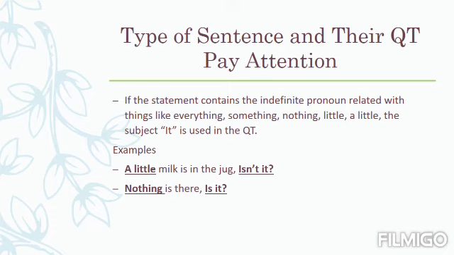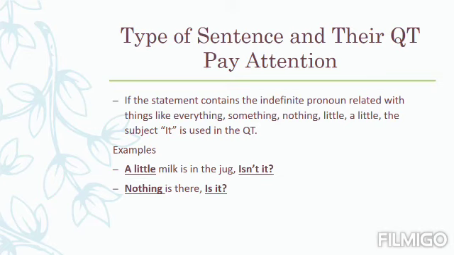While making the question tag of this type of sentences, first of all, put it at the place of the subject. This statement is in the simple present tense and is has been used as a verb. This statement is positive, so while making the question tag, we should make it negative. So is not it will become, the short form of is not is isn't. So the question tag will be isn't it.